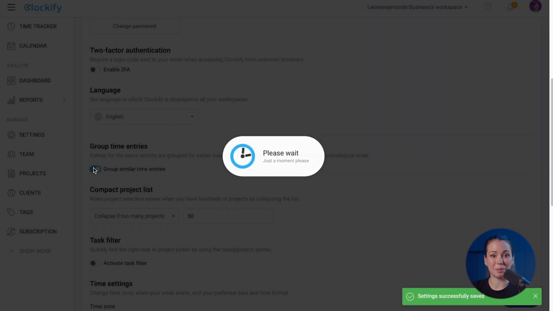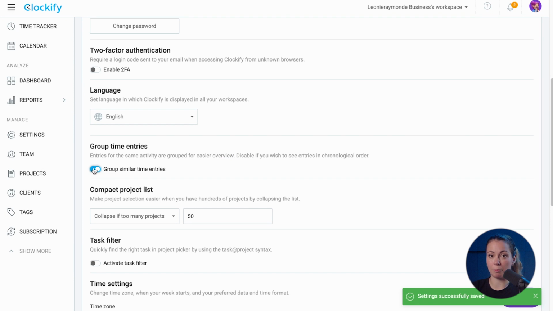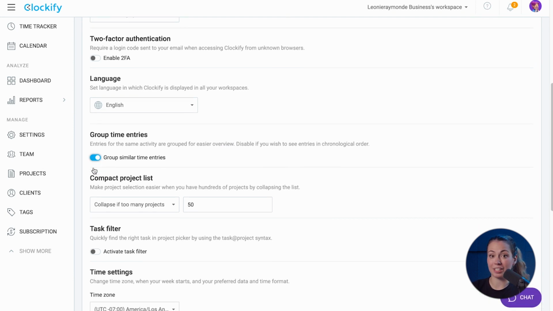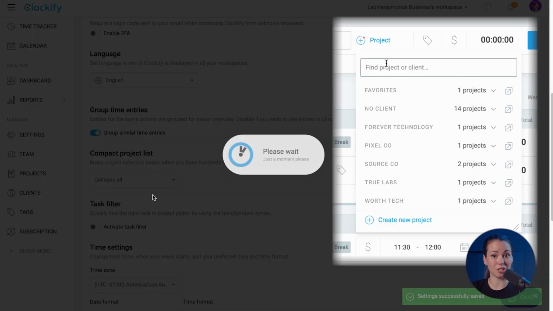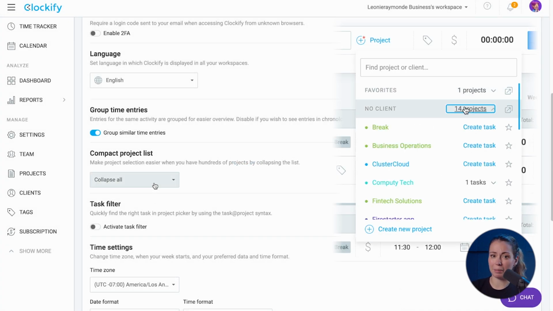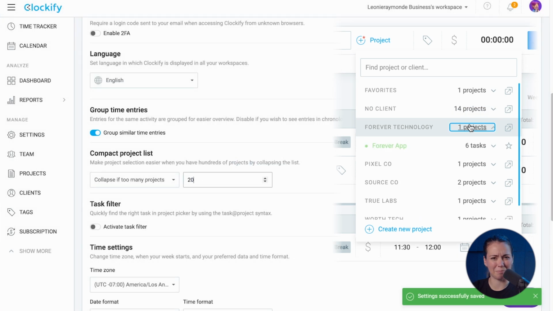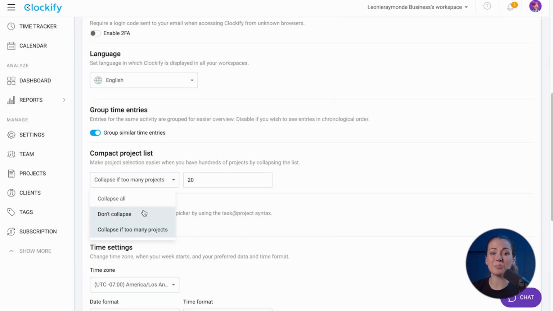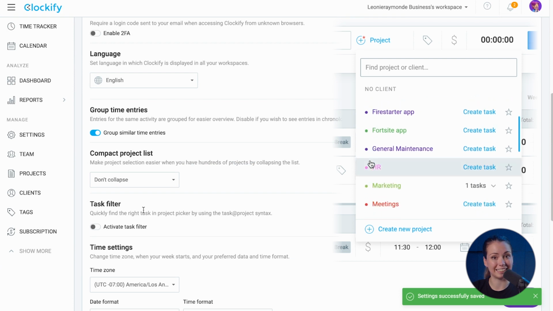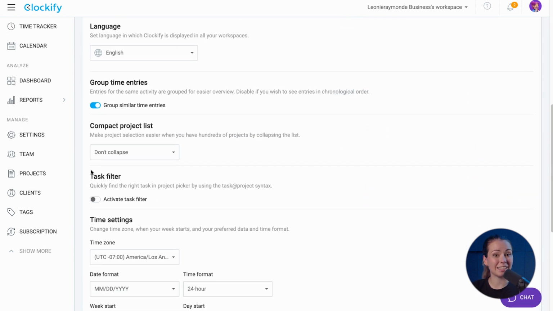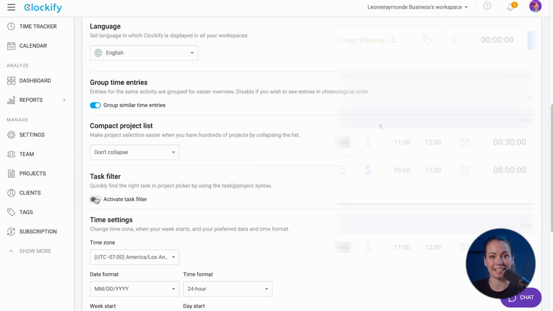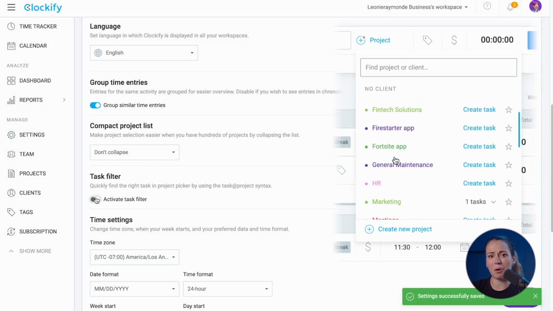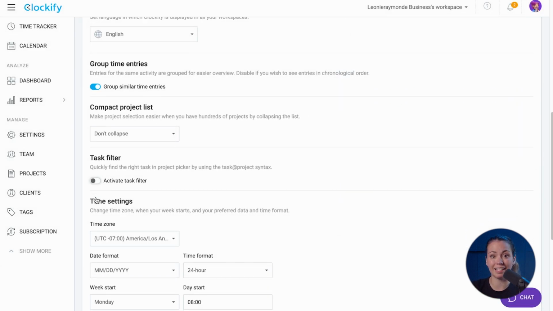When tracking time, you will have the option to link an entry to a project. Here you can make project selection easier when you have hundreds of projects by collapsing all projects, collapsing if too many projects, for which you get to decide how many is too many, and you can also choose to not have the projects list collapse. With the task filter enabled, you can quickly find the right task in the project picker by using the task at project syntax. When disabled though, you will only be able to search for projects and clients in the drop-down